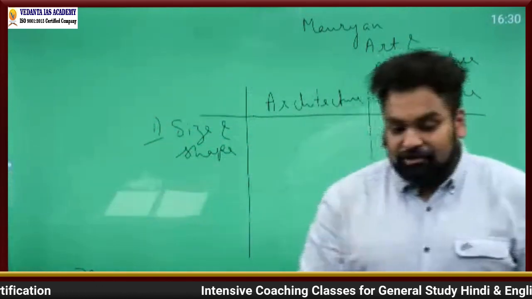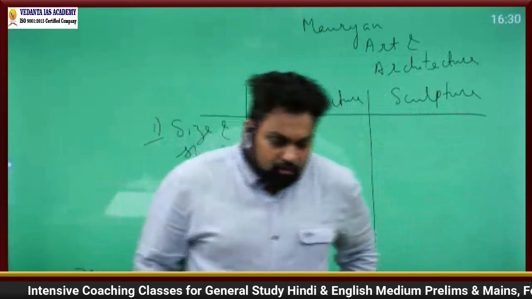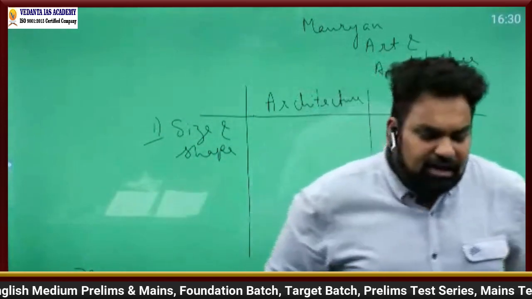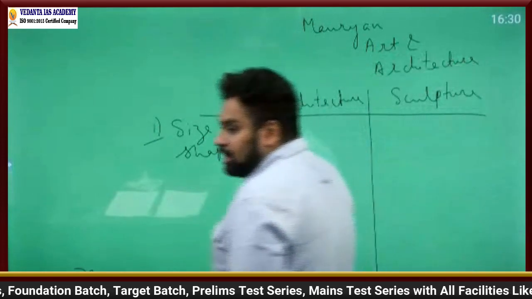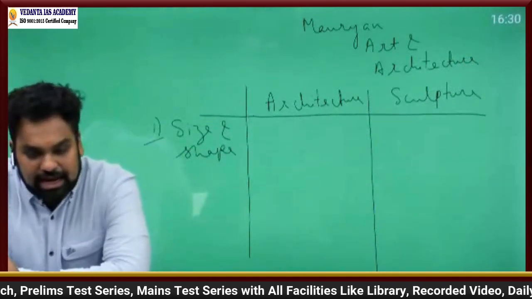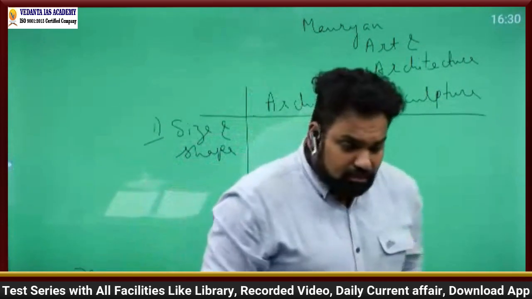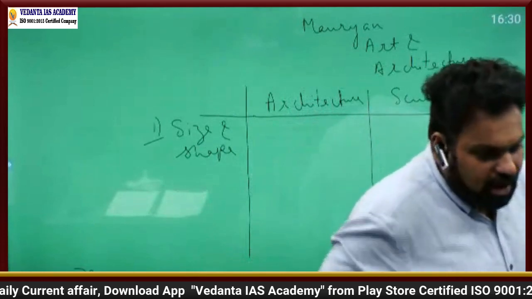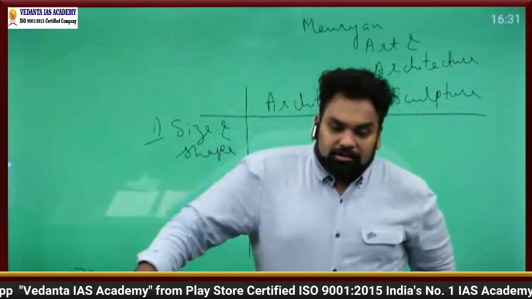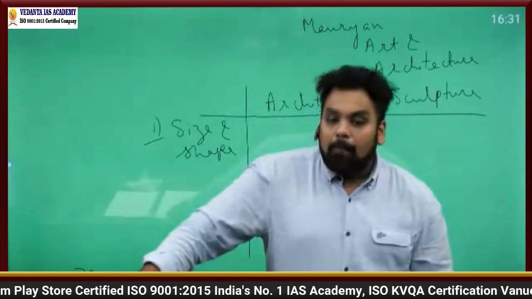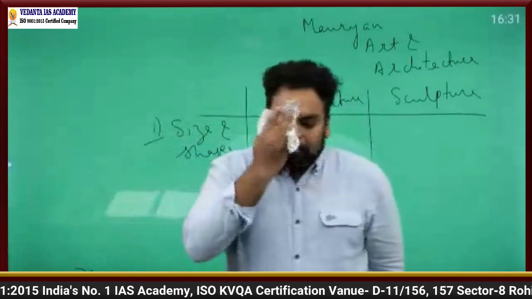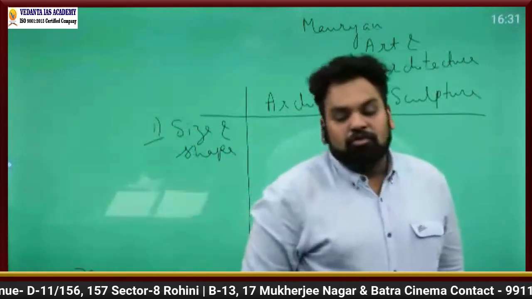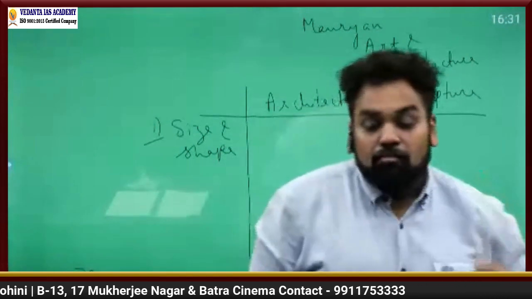Size and scope. First is for architecture. Most of the times, it is very huge in nature, and is made for the purpose of the use by the human beings, like various monuments of Mughal times,